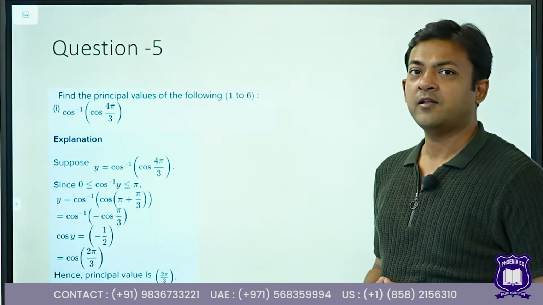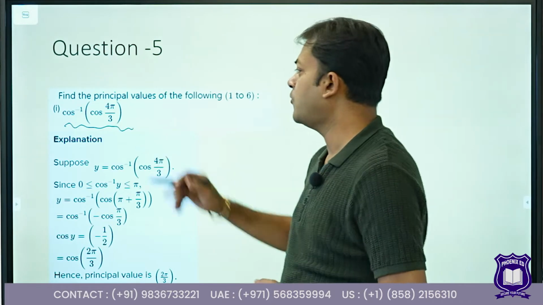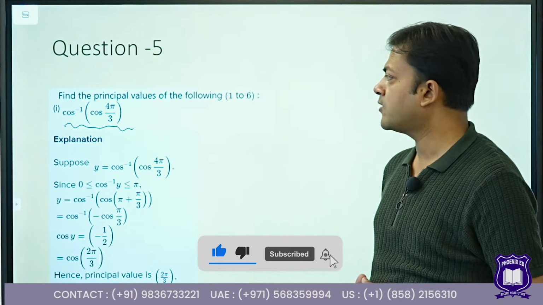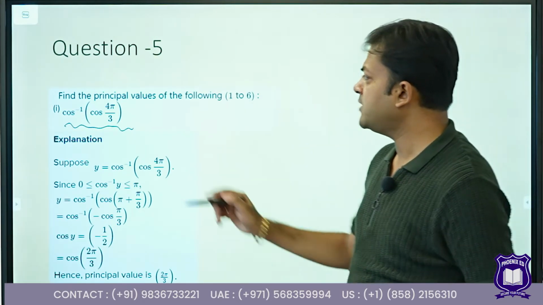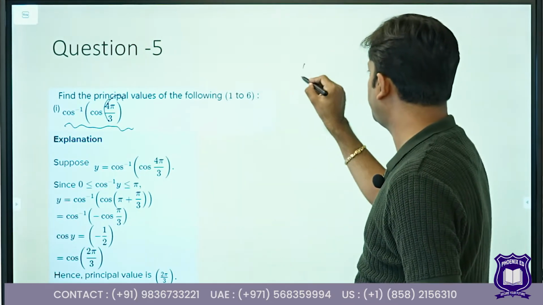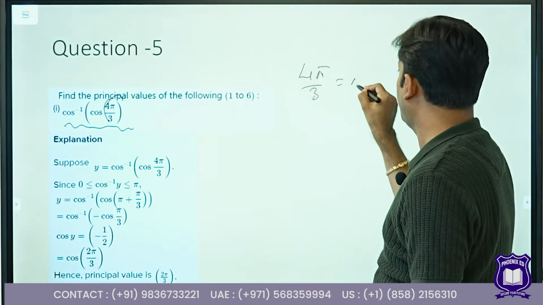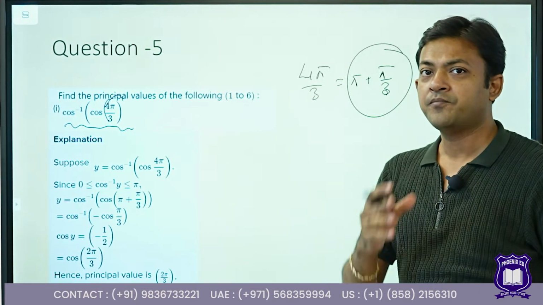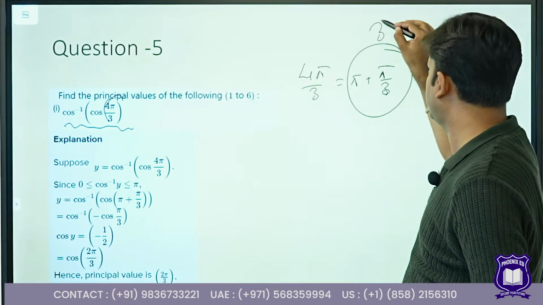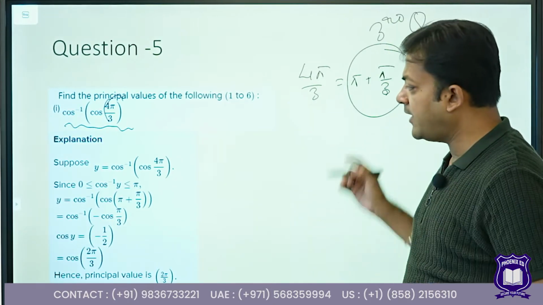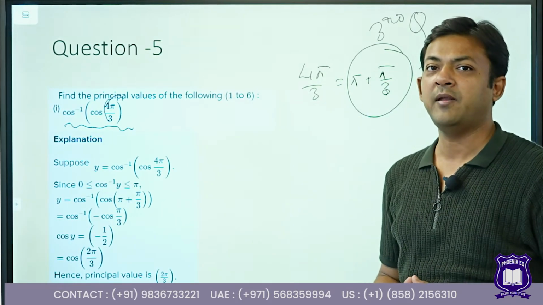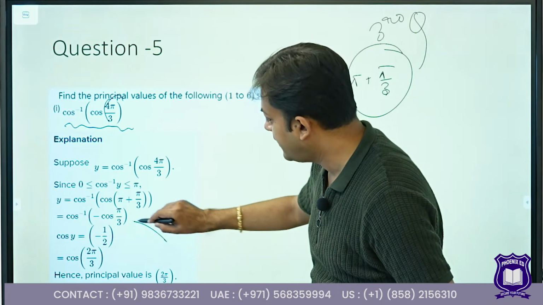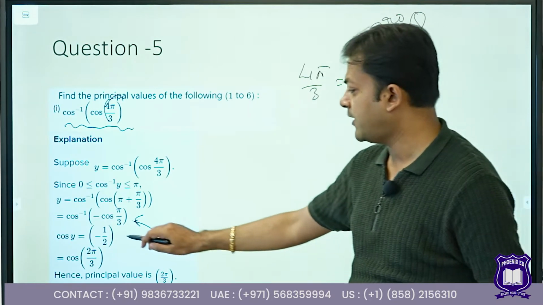In this case, we need to find the value of cos inverse of cos 4 pi by 3. This again is a very important problem. In order to find the value of cos inverse of cos 4 pi by 3, we must first write 4 pi by 3 as pi plus pi by 3. This value of pi plus pi by 3 actually lies in the third quadrant. For a value lying in the third quadrant, the cosine of it would be negative and would lead to a value of negative cos pi by 3, which is equal to negative half.